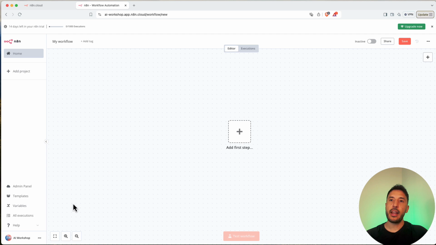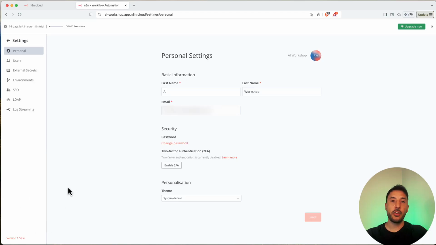But before we do that, I just want to quickly change the theme, because I like their dark theme. It looks a lot better in my opinion. But obviously, if you want to use the light theme, that's fine as well. The way to change the theme is you come next to your name, click on these three dots, and go to settings. This will take you to your personal settings. You'll see your name, the email that you use for this account, and your password if you want to change that. You can always enable two-factor authentication.